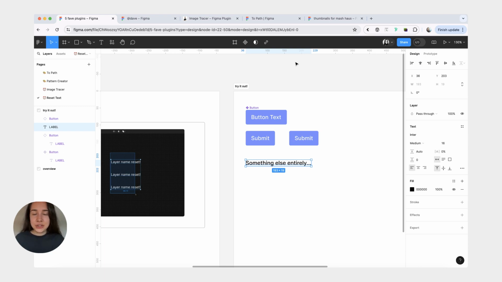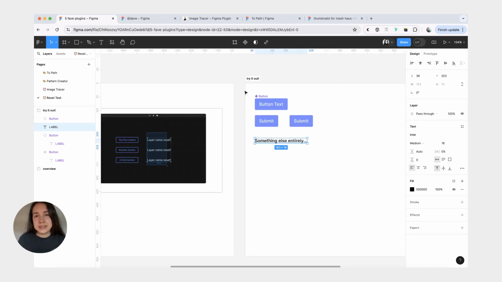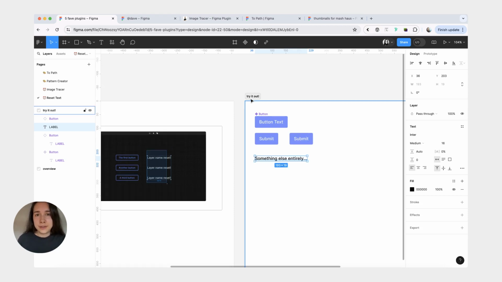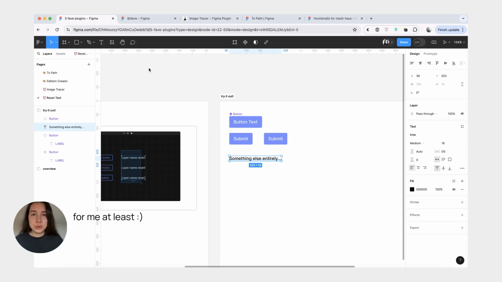And yeah, so for that reason, I just don't name my text layers, but I do still sometimes get to work with files that had text layers named previously. And very often, of course, the text layer name does not match its purpose anymore because it was copy-pasted. And so that's where the Reset Text plugin comes in very handy, because what I do is I select all the text layers, and now you can do it either using Figma's new multi-edit feature, or you can use the Simulator plugin. And then I just run the plugin, and in one click, all of my text layers are reset. So yeah, this is definitely one of the simpler plugins with a huge, huge impact.